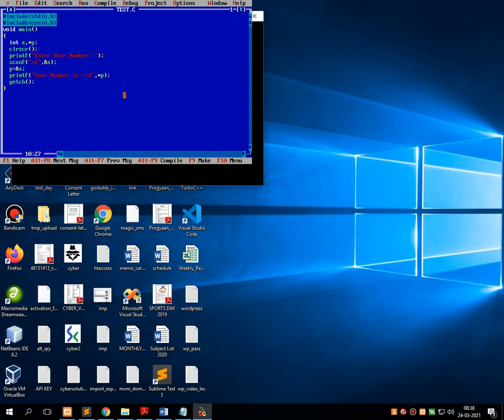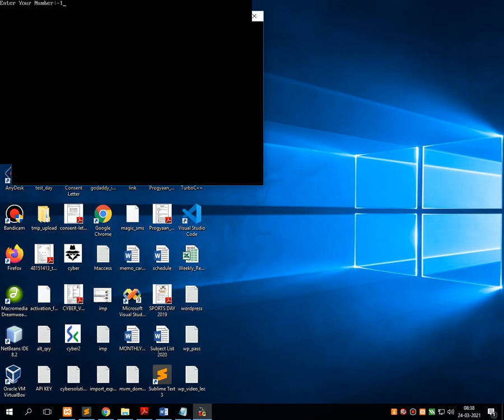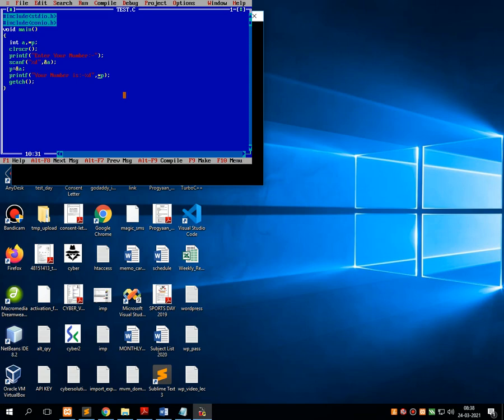Save it, and execute again. Now give the number 10, and it shows that your number is 10, but this 10 is printed with the pointer variable. That means the actual number is stored inside the variable A. Pointer points to the address of A, and that pointer prints the value which is available at that particular address.